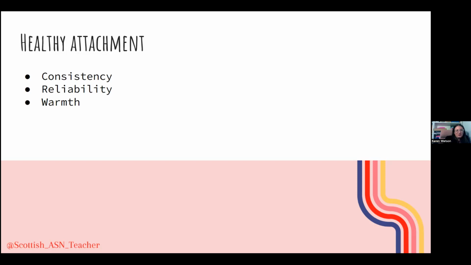So since Bowlby's chat about this, we have discovered a bit more about bonding, including this horribly named concept that I was reading about called mentalization, which just sounds horrendous, but the concept behind it makes sense. I'll explain. It's the ability to reflect on what you're feeling in yourself and start to work out what someone else is feeling. And doesn't that link back nicely to your theory of mind? It really is a skill to be able to name what's going on within ourselves. And that's all part of teaching emotional literacy. So the capacity to know what one's feeling when they're feeling it is a really powerful indicator of a quality attachment.